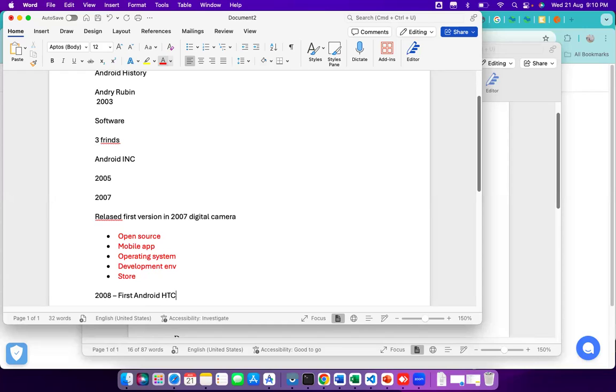But even after this release, people did not show any interest in this platform. Why? There is a specific reason: the mobiles were released on one software version, like the basic mobiles we have right now.